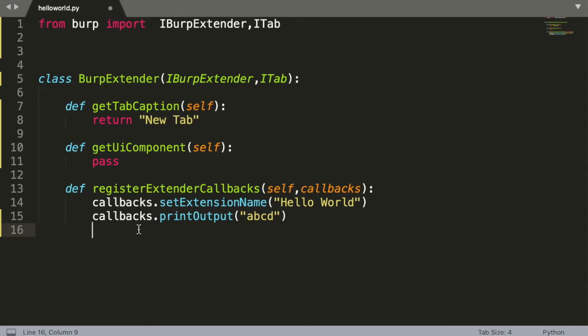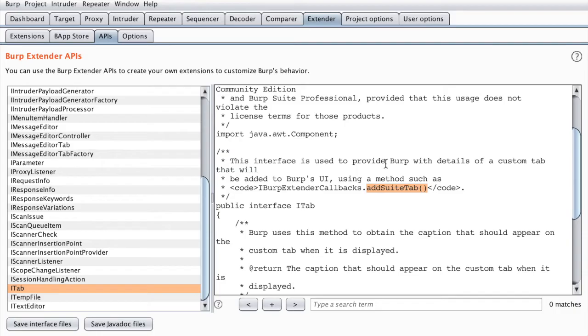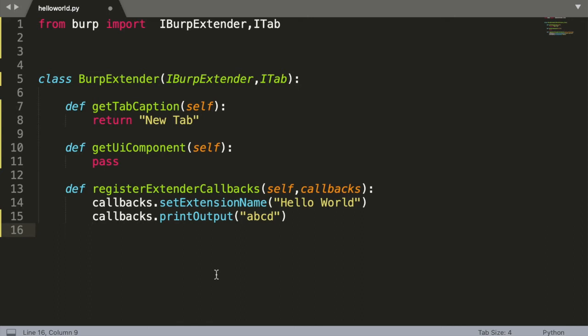So I'll be implementing again, it's already in the IBurpExtender callbacks. So we'll be implementing that thing, and we have already created our callback. So callbacks.addSuiteTab, and I'll be passing self.